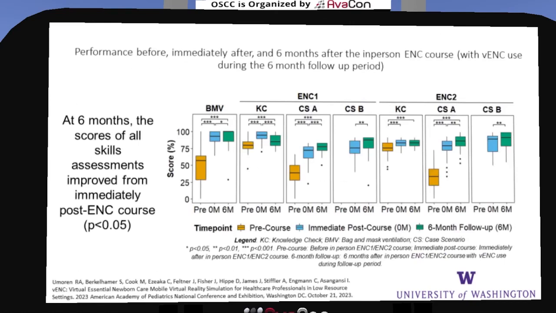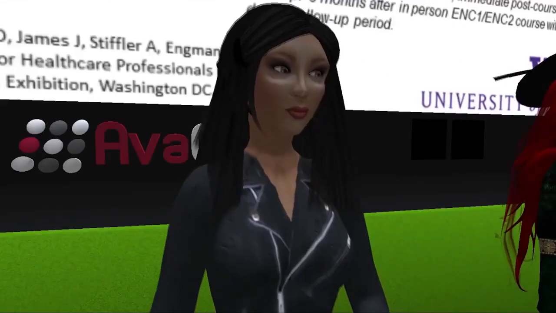And so this is a slide that has a lot of graphs on it, so I'm not going to walk you through every single one, but we had 7 measures, and these were all standardized measures. 2 of them were knowledge checks, that's the KC, and then the other 5 were skills assessments for the kinds of things that we were teaching them: how to give a baby ventilation with a bag mask ventilator with the breaths like Matt was talking about, how to recognize that a baby is sick, how to treat the baby if it needs treatment, how to refer the baby if it needs to be referred, and when to refer the baby.